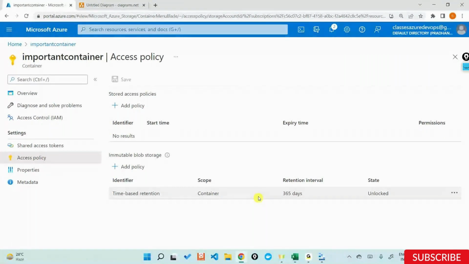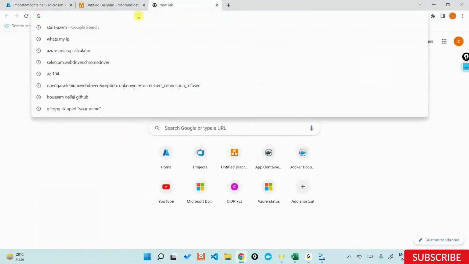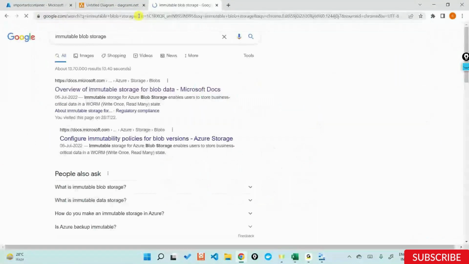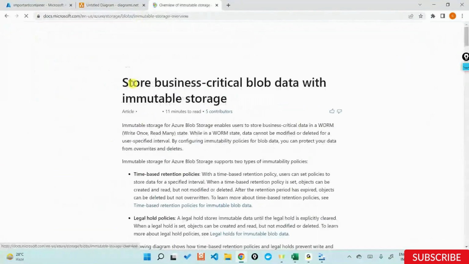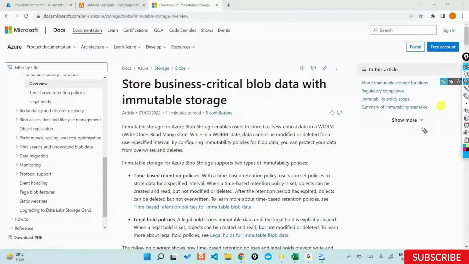If I go into the immutable policy, this is what I was talking about. When you apply an immutable policy, the blobs are in a state known as WORM: write once, read many. Meaning if you upload the data, you cannot change it again. The data stays there for the period of time that you apply this policy. You cannot rewrite it, you cannot delete your storage, and all these things. And if you want to delete the storage,